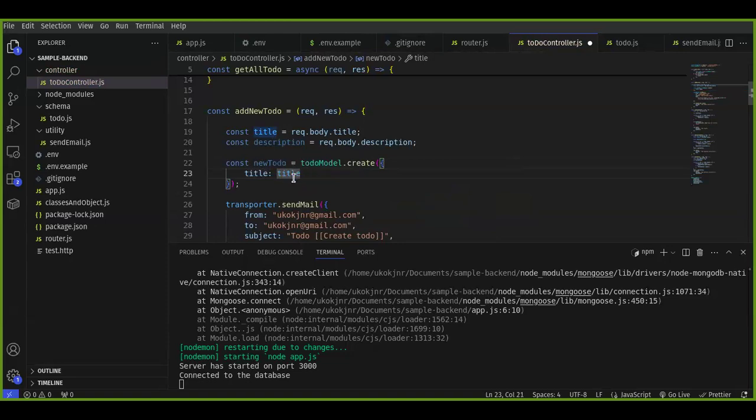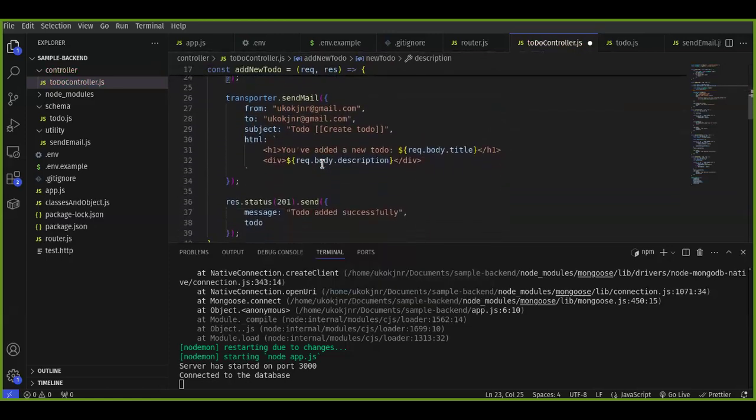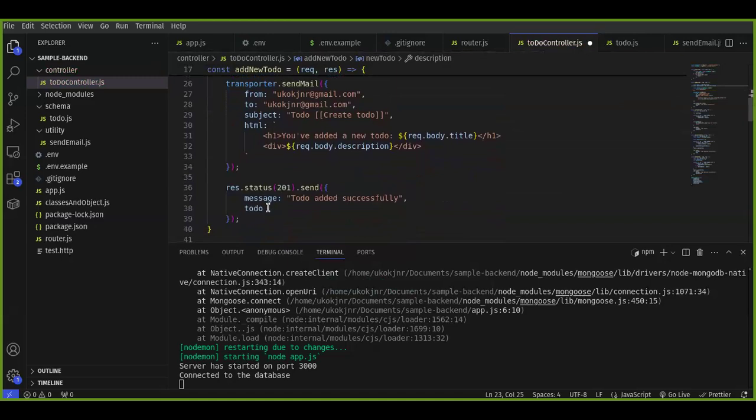Since the two of them are the same name, instead of writing title is equals to title, description is equals to description, you can just write title, comma, description. It's the same thing as saying title is equals to title, description is equals to description. Exactly the same thing. So with this, we've created your new to do,